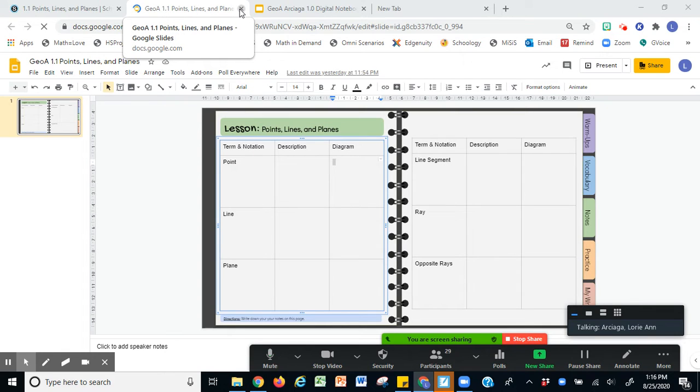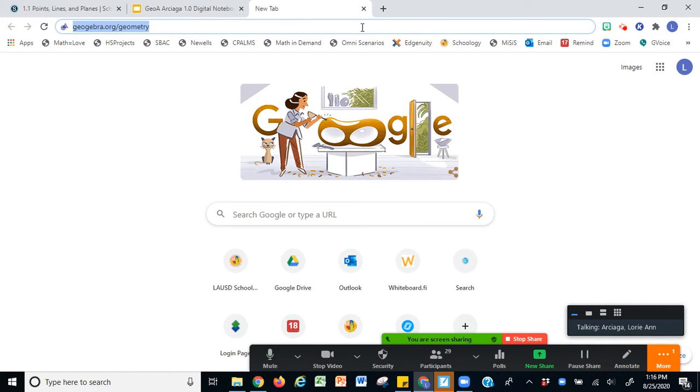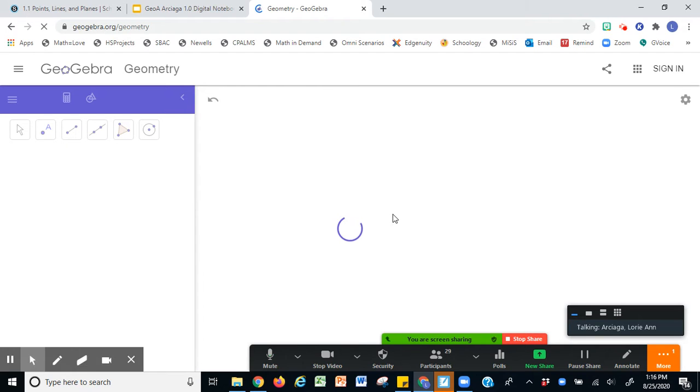slide already because as you can see, it's kind of loading, but you have an idea, right, of what graphic organizer you need to fill up later on. So as we do our notes today, keep in mind that these are the things that you need to gather data for. Okay, I'm going to close this one now to save bandwidth on my computer or my internet because GeoGebra is not even loading properly for me. Okay, here we go. All right, so this is our GeoGebra,